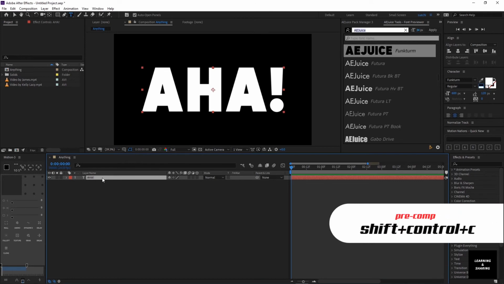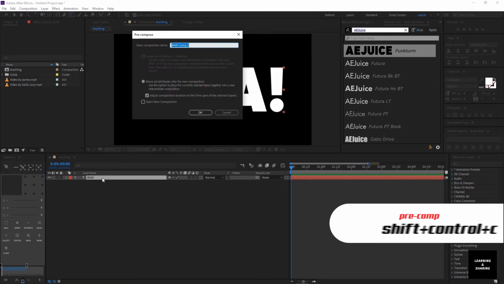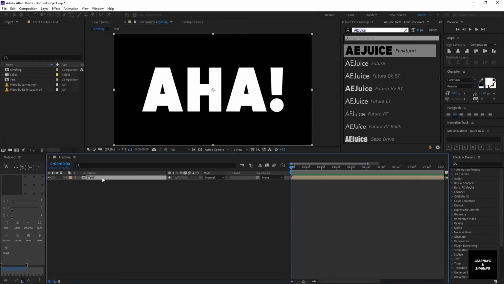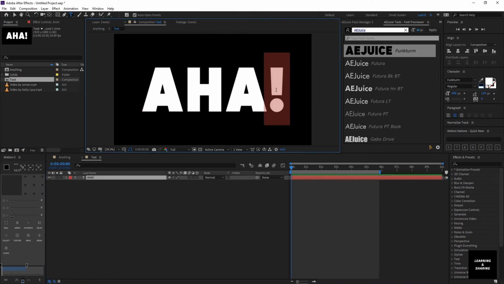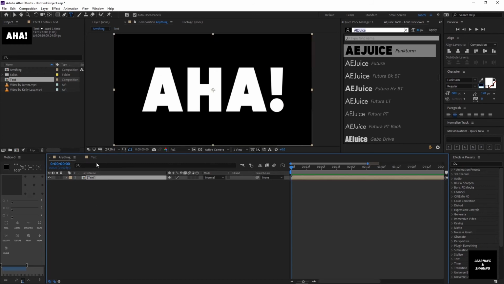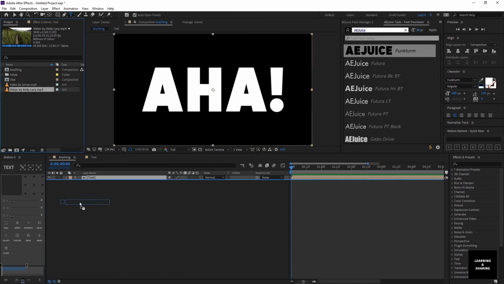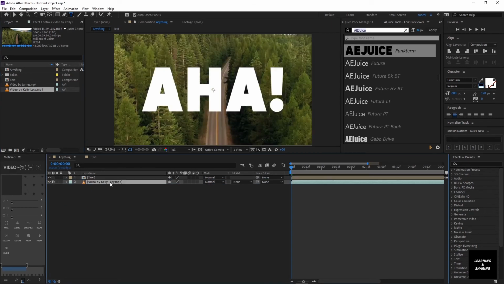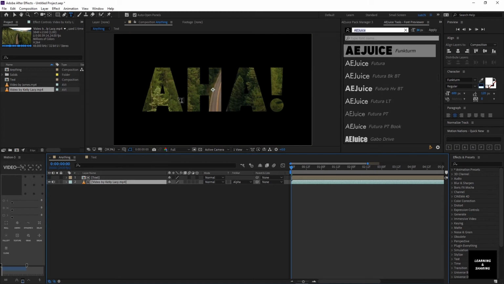I'm going to pre-comp this text layer and name the pre-comp text. Why I'm doing this is because we're going to do all the animations on top of the pre-comp, so that we have the flexibility to change the text later on, to whatever we want. Now I'm going to use a video from Pexels.com. This video is by Kelly Lacey. This text layer is going to be our bounding box, and I'm going to alpha matte this video, so you can see that the video is only visible through the text layer now.